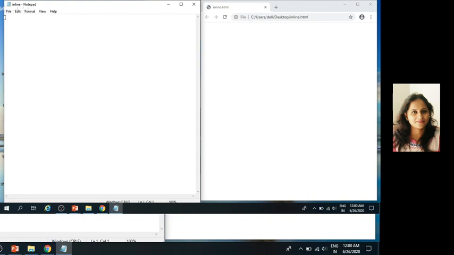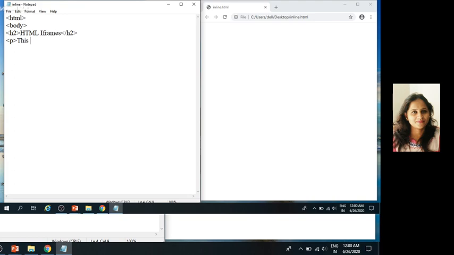Start with practical. HTML, then body, H2 means heading 2, HTML iframes, closing of H2, then P stands for paragraph.